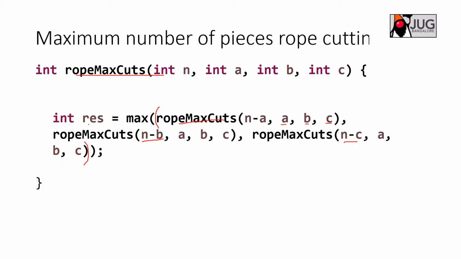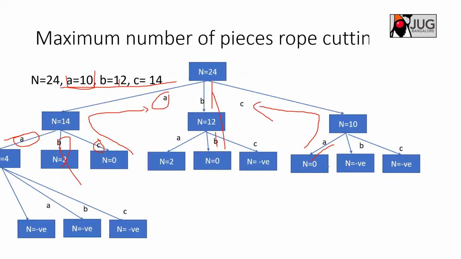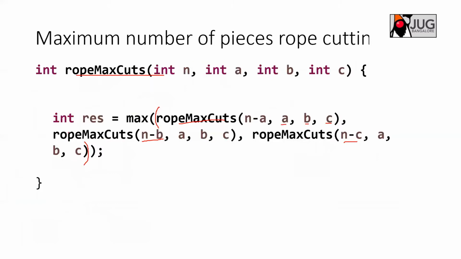So in this case, if you see here, this returns -1, this returns again -1, and this returns 0. This 0 is the return value from here, because of -1, -1, 0, the maximum is 0, so 0 will be returned from this call. That is what I am expecting here. I have not added any base condition here, and I have not added any return values here. So what could be your base condition?